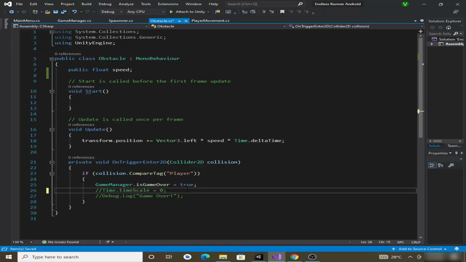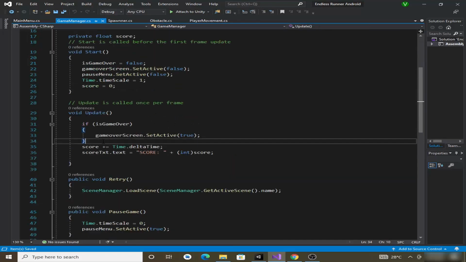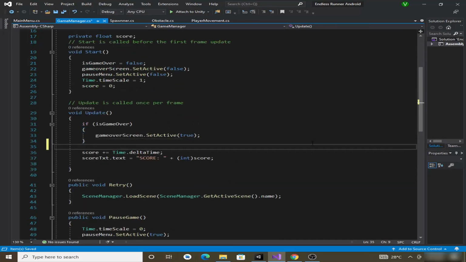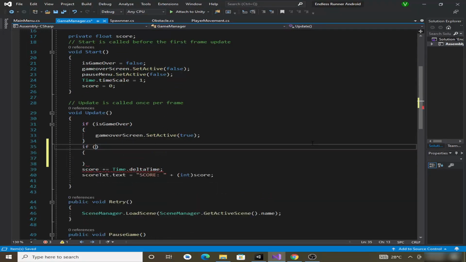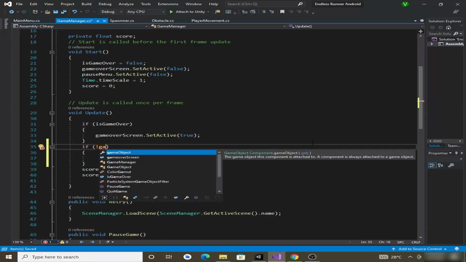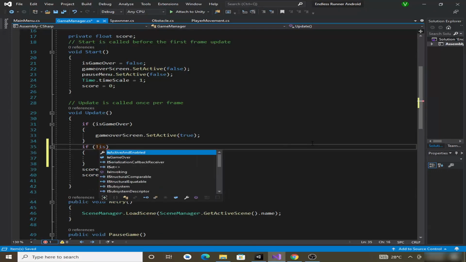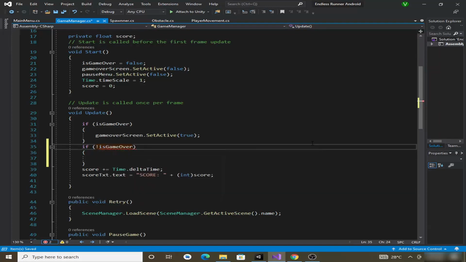Now we can go back to the game manager script, and here we can say that if the game is not over, so not isGameOver, then we want to increase the score,